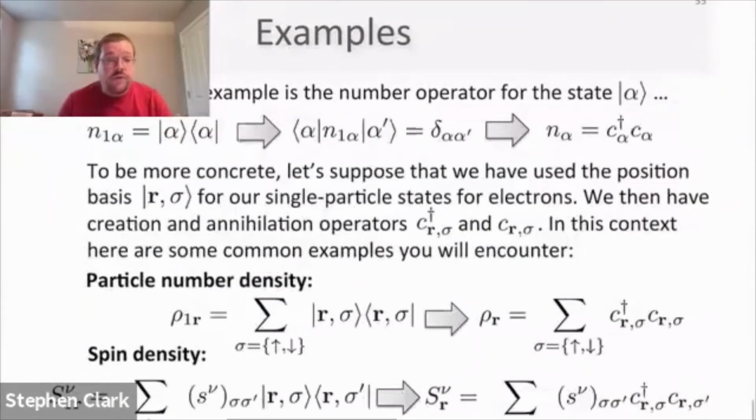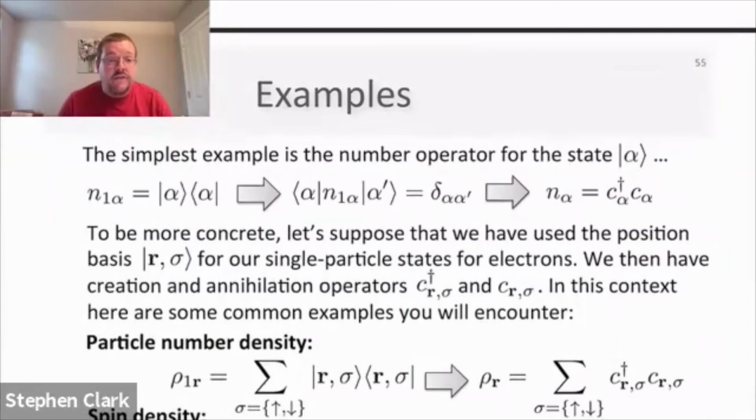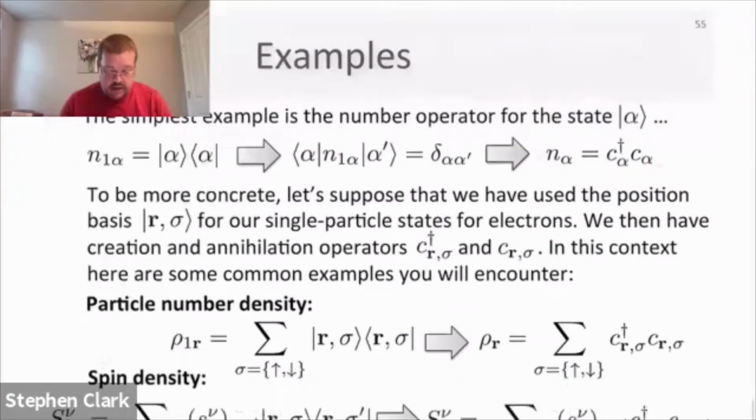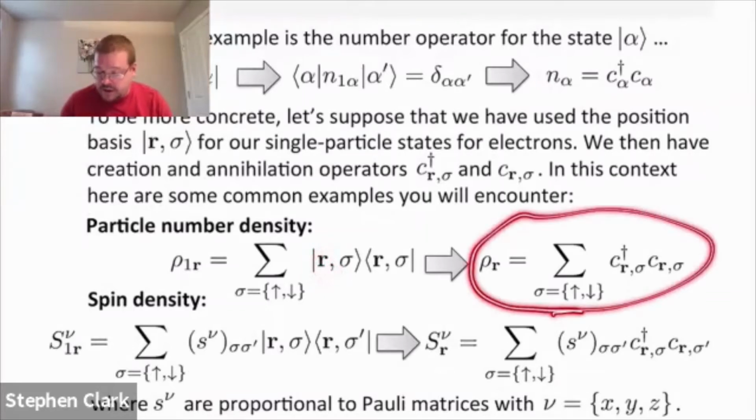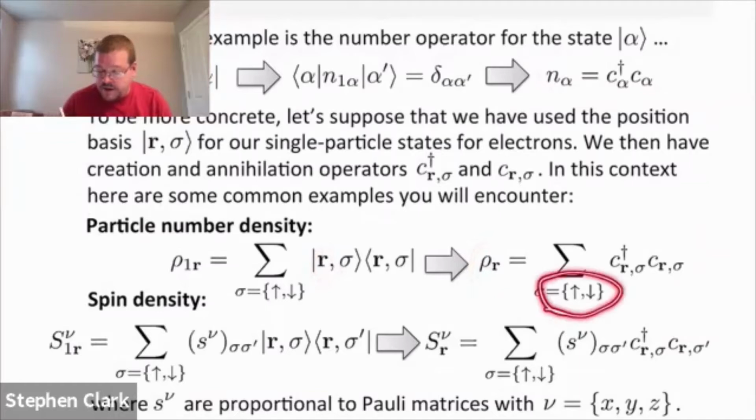Here are some examples. The number operator is the simplest example. Count the number of particles that are in a particular state, and we already know what that is. It just looks like this. So it's a really simple one particle operator. The number density, for instance, if you're using the spin and position representation, would be quite simple as well. That would just be the sum over the two spin configurations, and it would tell you the total density of particles at